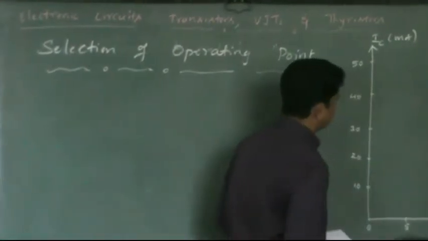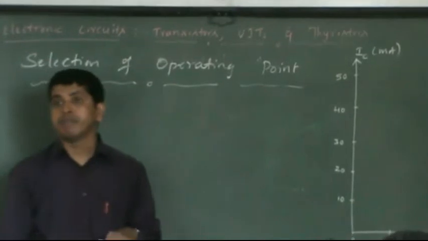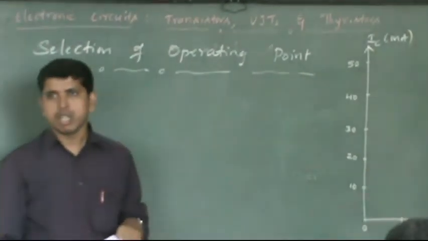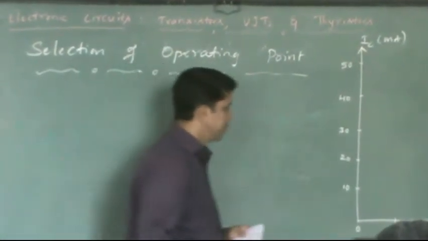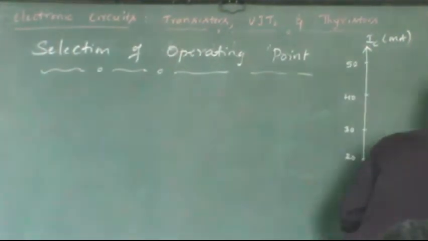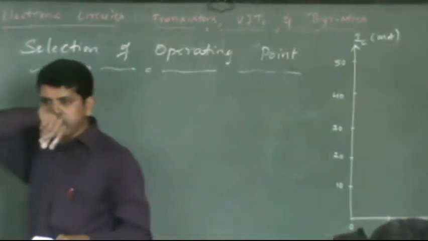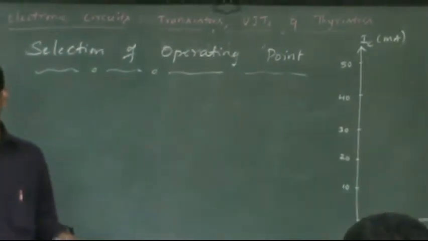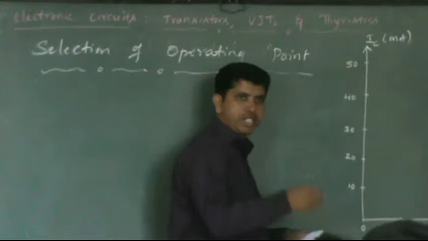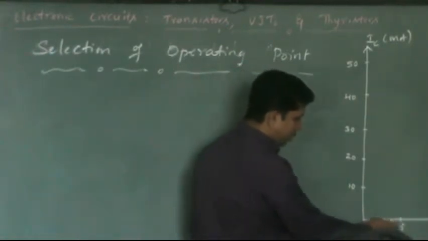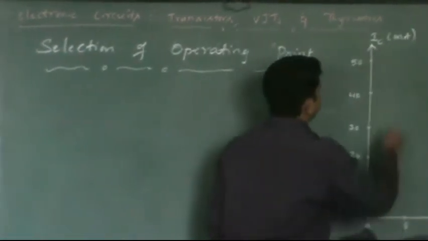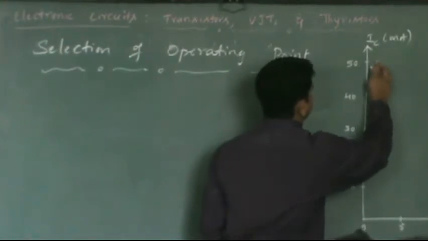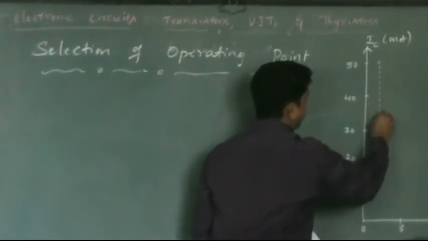Let's assume that, for the time being, it is a silicon bipolar junction transistor. We already know what VCE sat is for that. VCE sat for silicon is going to be around 1 volt. It is going to be 1 volt, and that is represented with a dotted line there. Obviously, this is 5 volts, so 1 volt will be very close to 0, right? So just draw the dotted line for that. This is going to be my VCE sat.